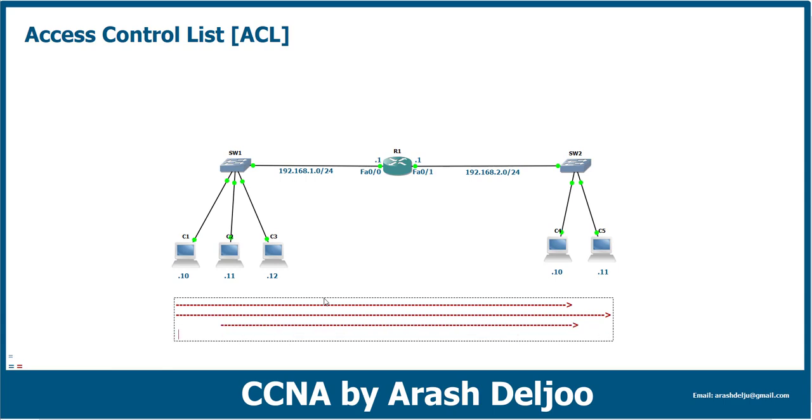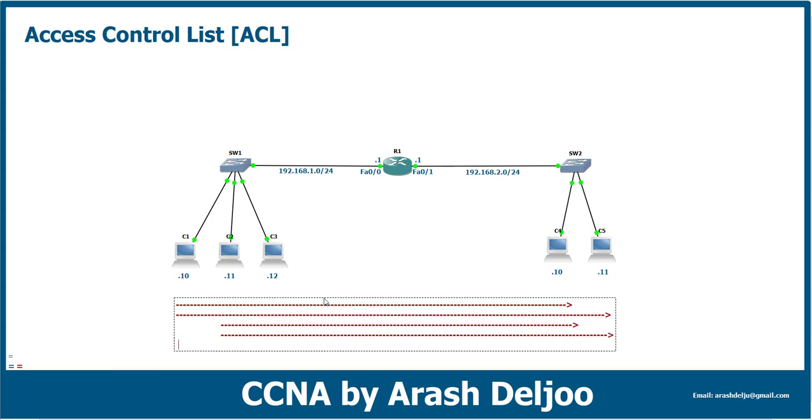We don't have any limitation. I'm going to show you all of these connections. We don't have any problem with communication between the two networks. Why? Because we haven't configured any